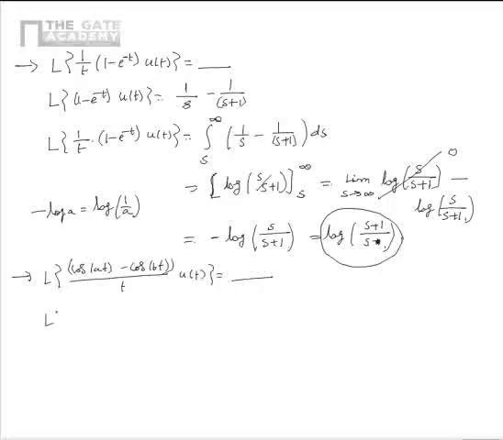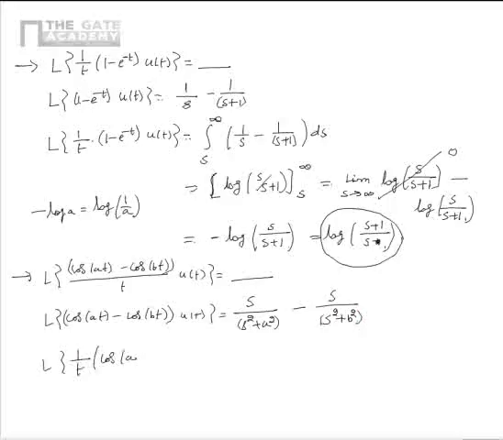We know that the Laplace transform of (cos(at) minus cos(bt)) u(t) is equal to s by s square plus a square minus s by s square plus b square. From this we see that the Laplace transform of 1 by t multiplied by (cos(at) minus cos(bt)) u(t) is equal to